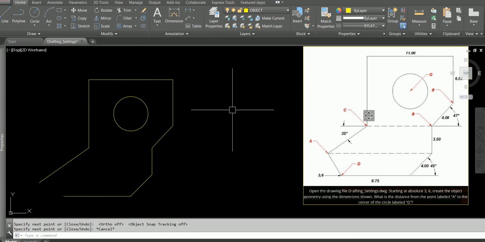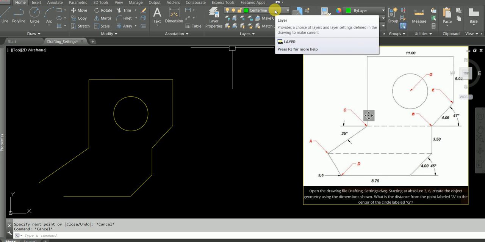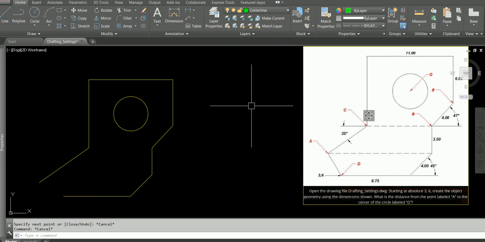Okay, then what we will do is change the layer to center line. Good. Then what I will do, see, there's a trick here. Okay, it's not a trick, this is information. If this is current, this is called a drop-down menu. If this is center line, that means anything which I'm going to draw now moving forward would be